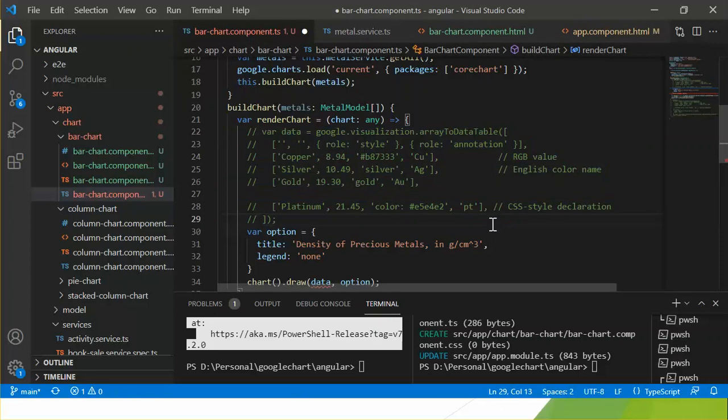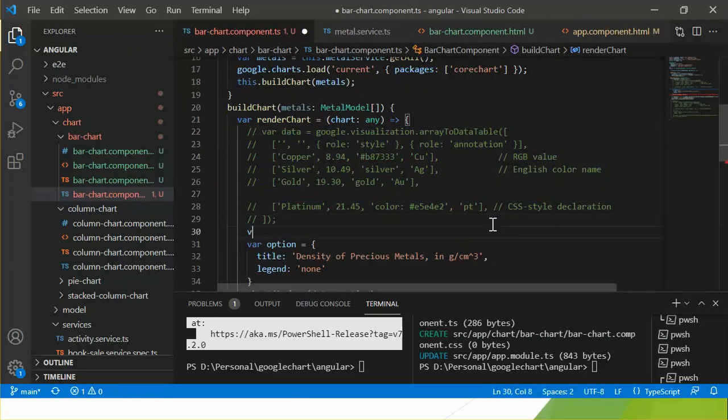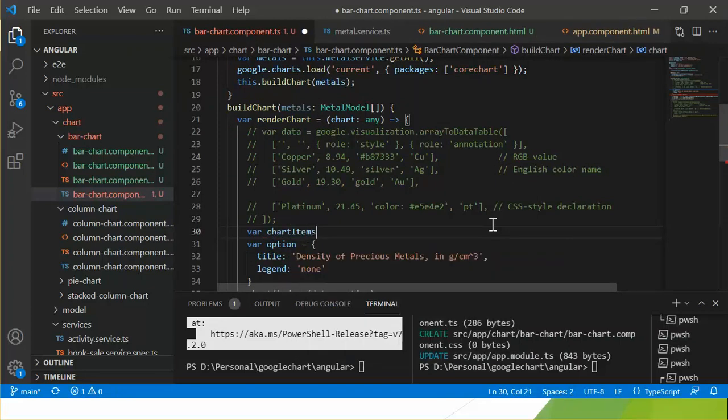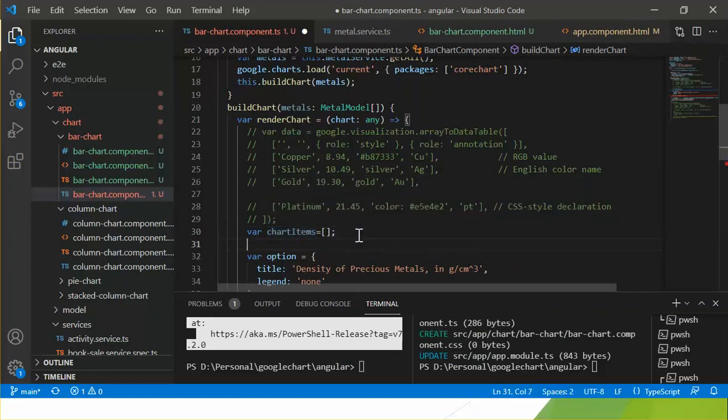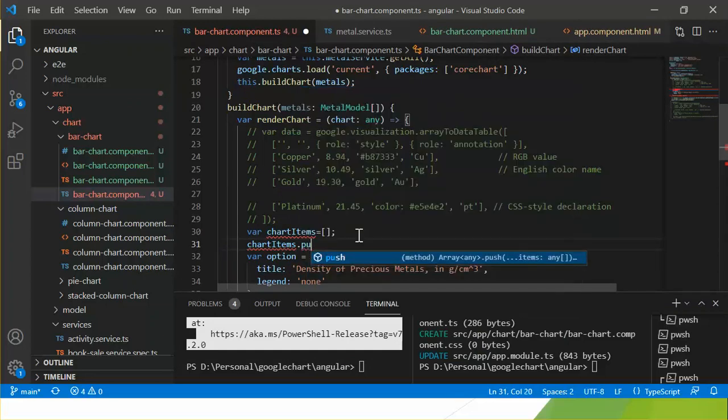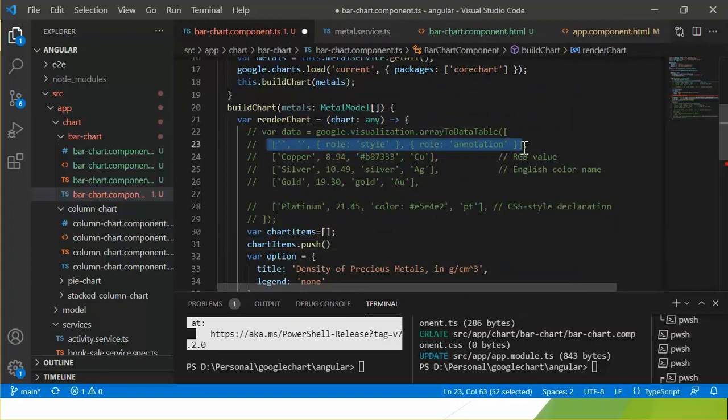Let's declare a variable, and name it bar chart items. This is the array. The first item of this array is the column names.